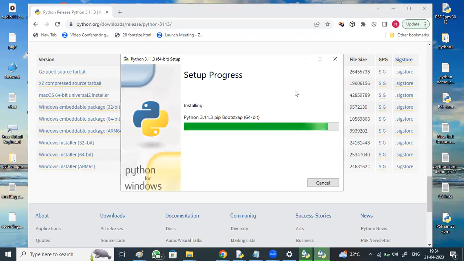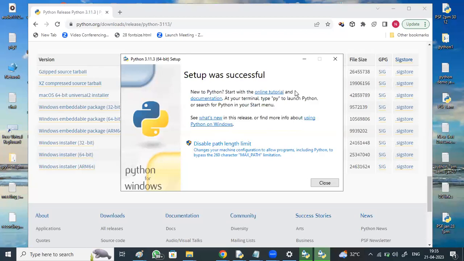So just go to the python.org website, select Python 3.11.3. While installing, select Python 64-bit or 32-bit, 64-bit if you're using Windows 10 or 11, select add Python to path, select customize installation, and set the location. Everyone, don't forget the location, right? Yes. So it is saying successfully installed, right?